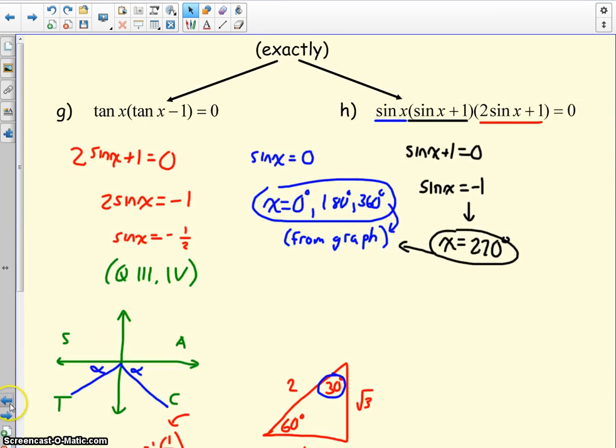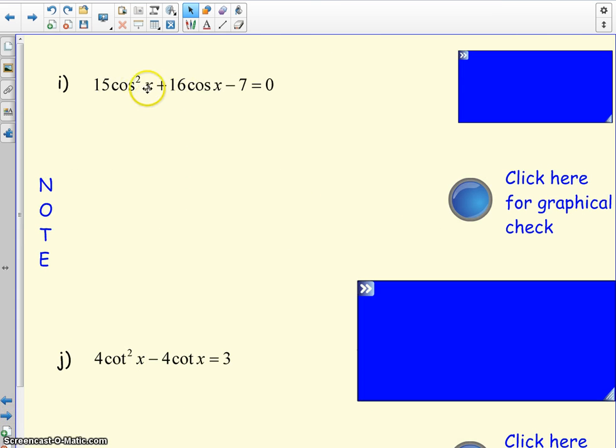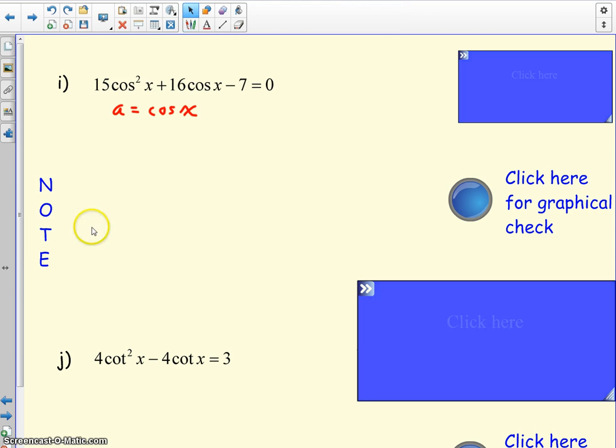Now, once we get into these, you'll see for the first time we actually see some quadratics involved. So here we have cos squared x and 16 cos x. So this is actually a quadratic equation. Now, I don't want us to panic here. We've solved quadratic equations before. I know not involving trig, but if you picture here that if we were to let a be equal to cos x, okay, with that small little substitution there, we could change this equation very quickly into